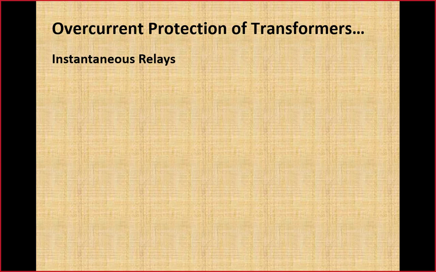Next is instantaneous overcurrent relay. Instantaneous overcurrent relay is the replacement of fuse protection, because if the size of the transformer becomes bigger than 2.5 MVA, then fuse protection is not recommended or, you can say, not reliably possible. Then we have instantaneous overcurrent relay as a substitute. It will operate instantaneously, so its pickup setting should be greater than the maximum possible current drawn by the transformer. That includes its inrush current as well. So the instantaneous overcurrent relay must be set above the inrush current, that is, 2 times the inrush current.